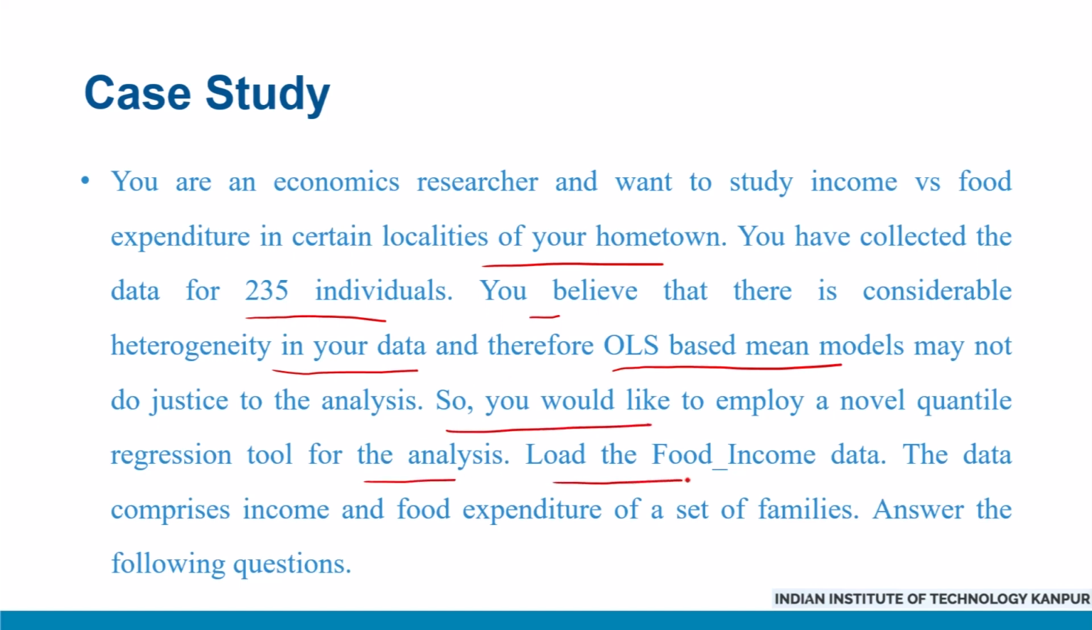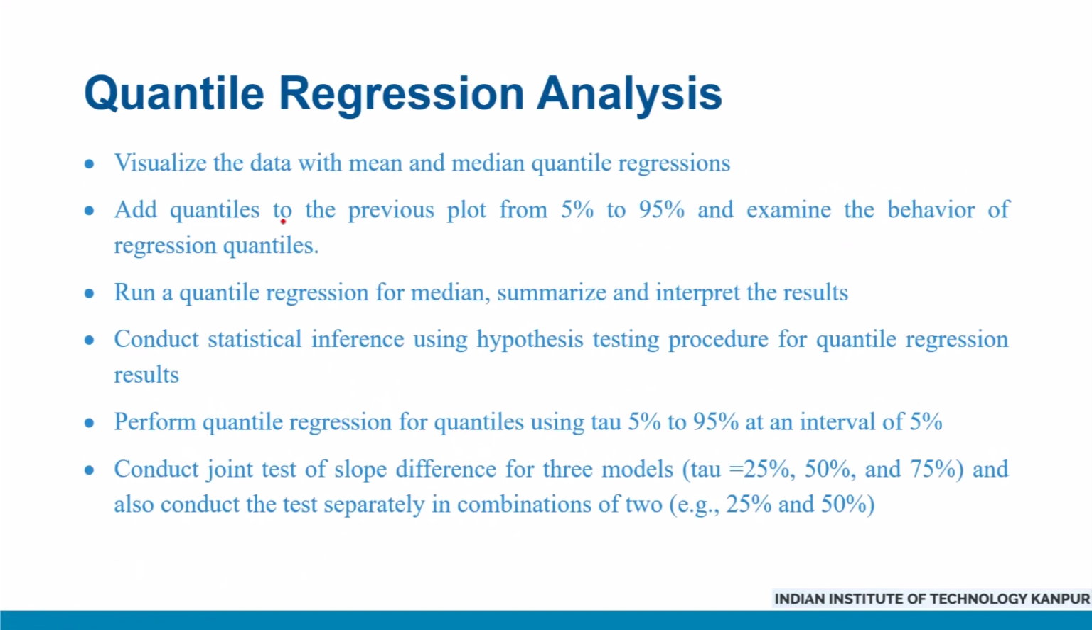Now, start by loading the food income data. The data comprises income and food expenditure for a set of families. And then we need to do the following analysis. These are the analysis points. First, you need to visualize the data with mean and median quantile regressions. Then you have to, on the same plot, add quantiles from 5 to 95 percentile and examine the behavior of